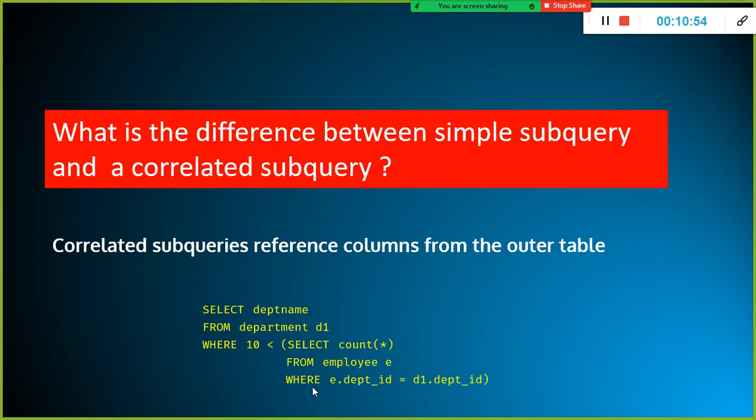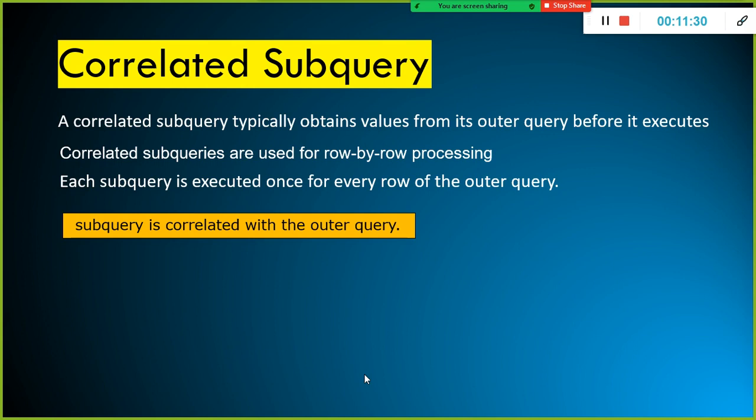So whenever you find the WHERE clause in your subquery, look here, in this case, this subquery is getting the value from the outer query. What value is it getting? Say D1 is the alias for this table, and it is getting the department ID from the outer query, and then we are comparing the outer query's department ID with this table's department ID. Okay, so the subquery references the outer table value. This is called correlated subquery in simple term, okay?